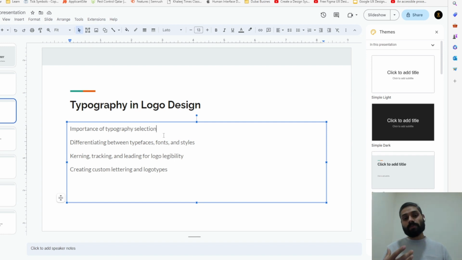That's why there are so many things we need to understand in typography, like the importance of typography selection, why it is important, and the difference between typeface, font, and styles. There are other technical things like kerning, tracking, and leading for logo legibility, and next is creating custom lettering and logotypes. In this module, we will learn those things.